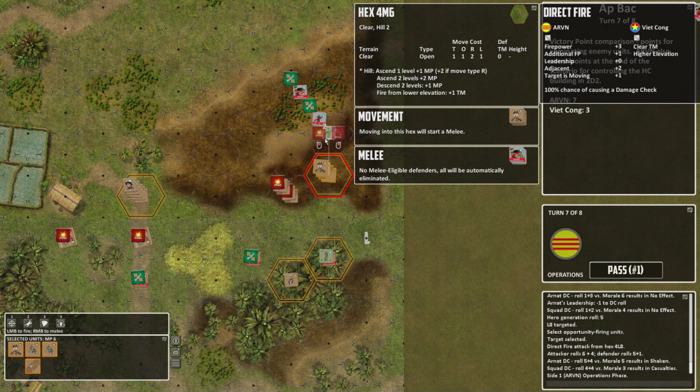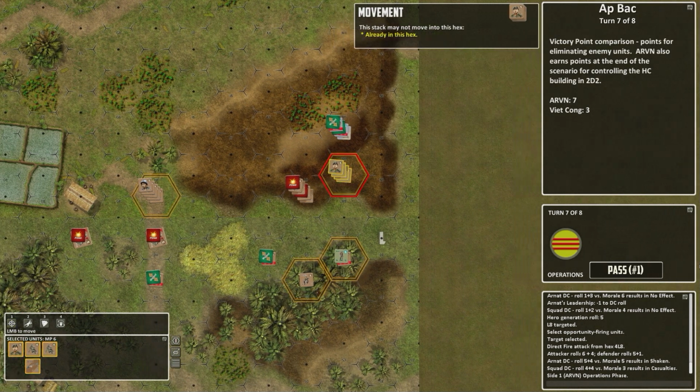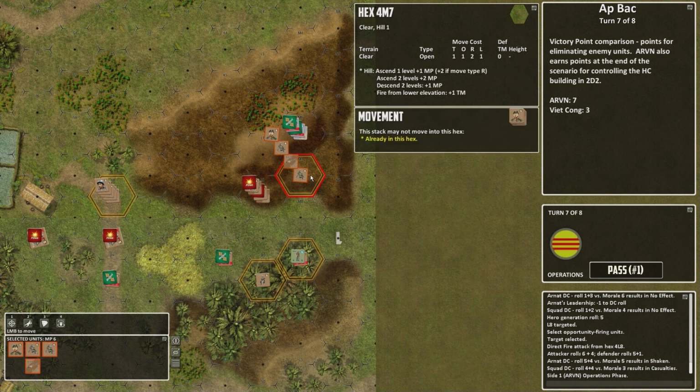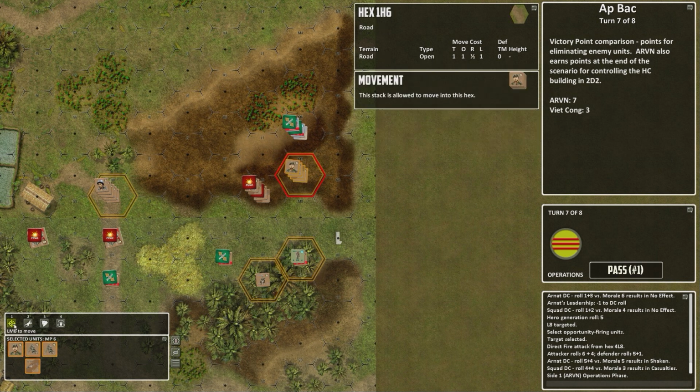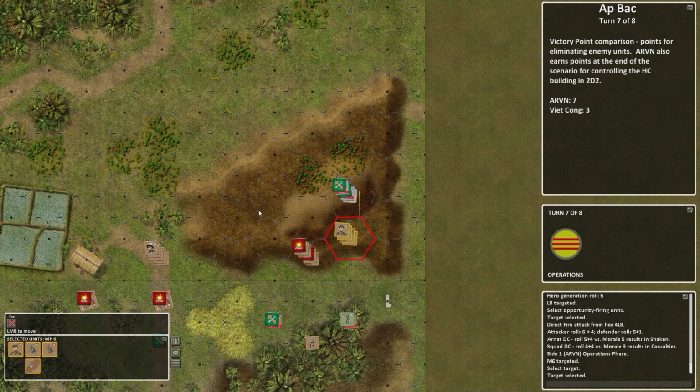I thought about meleeing here, but once again that would put my lieutenant and his squad in an exposed position where they get a bunch of fire from the VC, and let's face it, we don't need to lose the points at this stage, so rather than melee, just ordinary fire should be more than sufficient. We could even think about maybe reversing away, but I think we'll still be in this guy's line of sight, so